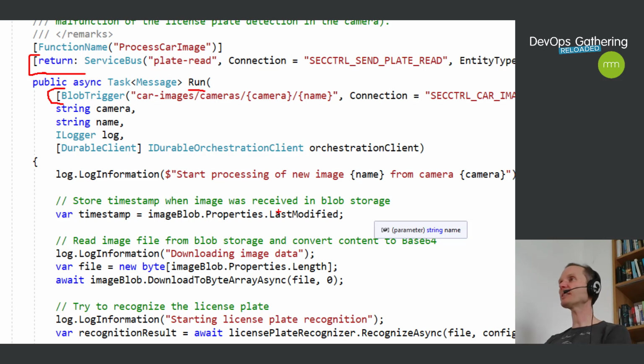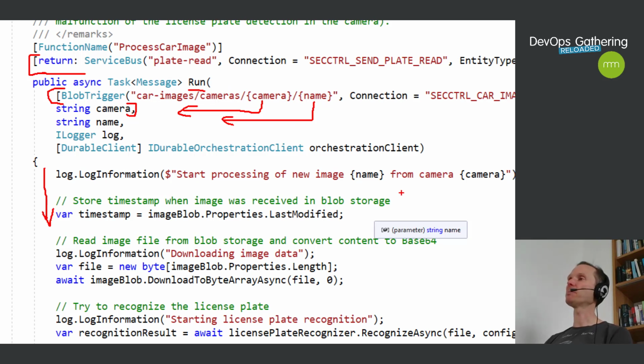You see it here. The business scenario here is that you have maybe an IoT scenario that wants to recognize images of cars that drive on a highway, for instance. So you have cameras, and whenever this camera detects a car, it makes a picture and uploads it to an Azure Blob Store. And this Blob Store will automatically trigger the function. You will get the name of the camera, which is extracted from the blob URL, and the name of the image here from the blob storage, and then you can write arbitrary C# code handling this camera